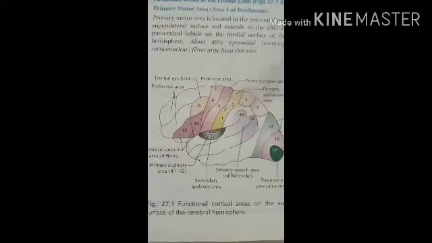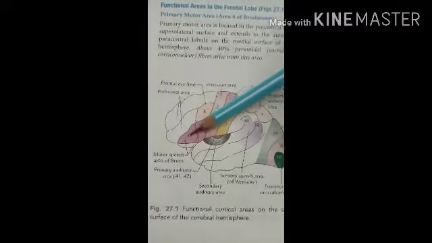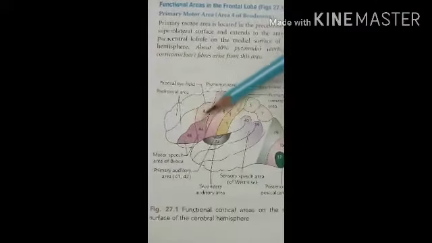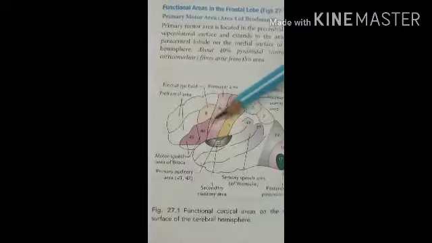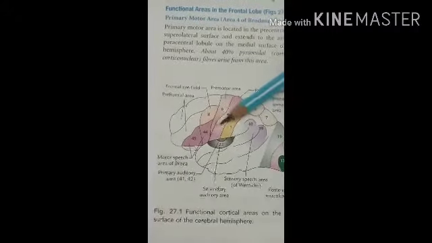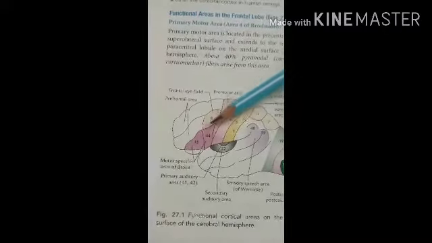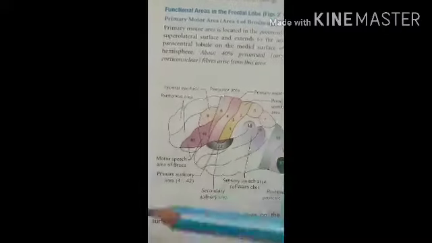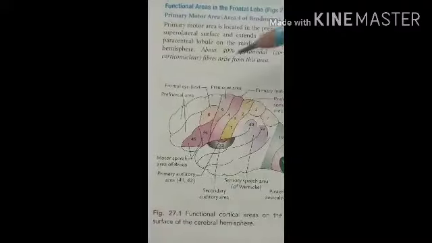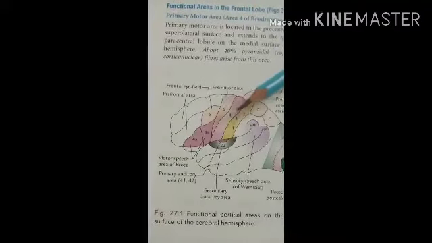Then the motor speech area, that is 44 and 45. So these two areas are located in the pars triangularis, that is 45, and the pars opercularis, that is 44. Then this area is mostly responsible for